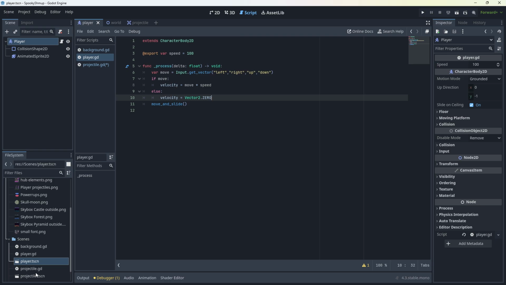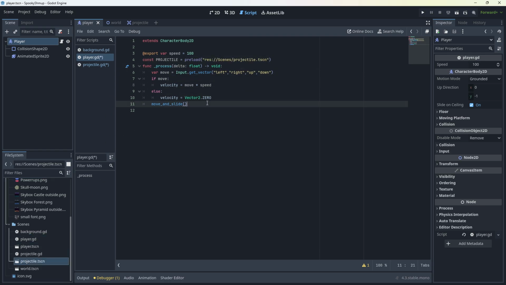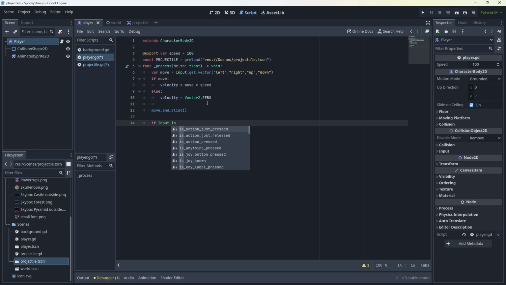shootable by the player, go here, we're going to grab a reference to that. So I'm going to hold Control, drag that up into here. Then, in this part, after move and slide, if Input.is_action_just_pressed("shoot"), we'll have to define that